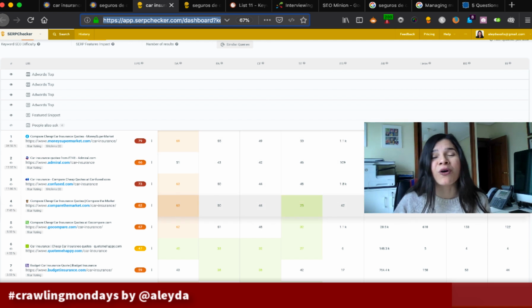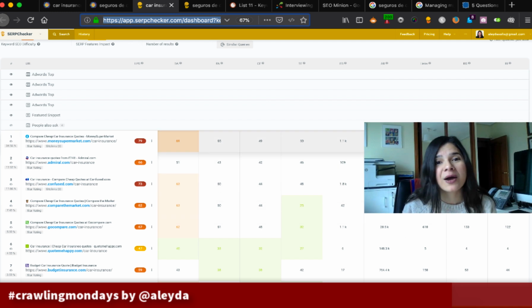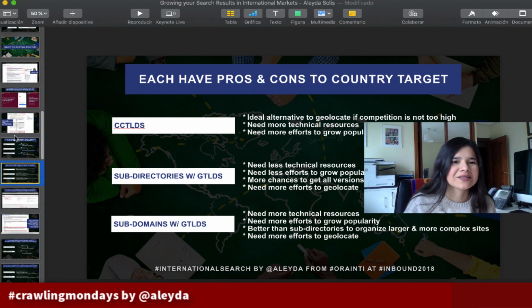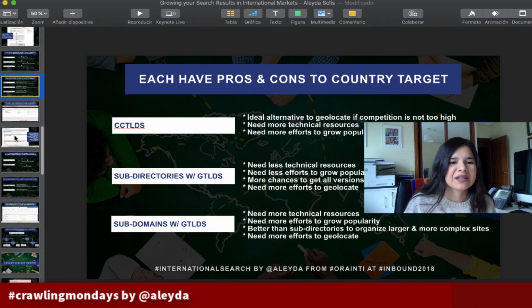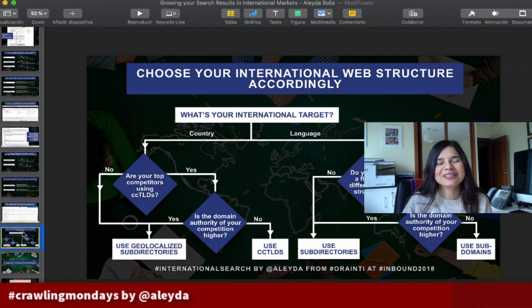And is it more than the ones that I already have with my gTLD, or is it very little and I will be able to start competing right away with a new domain, with a ccTLD that will provide me this ideal geolocation type of signal, right? I will be able then to start answering these questions by doing this type of analysis to facilitate the decision-making process. Once you have been able to see all of these different metrics and assess them,